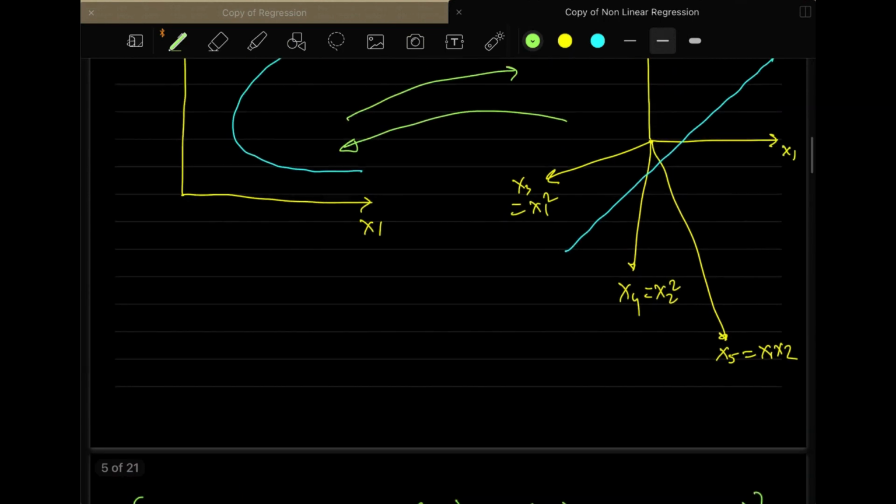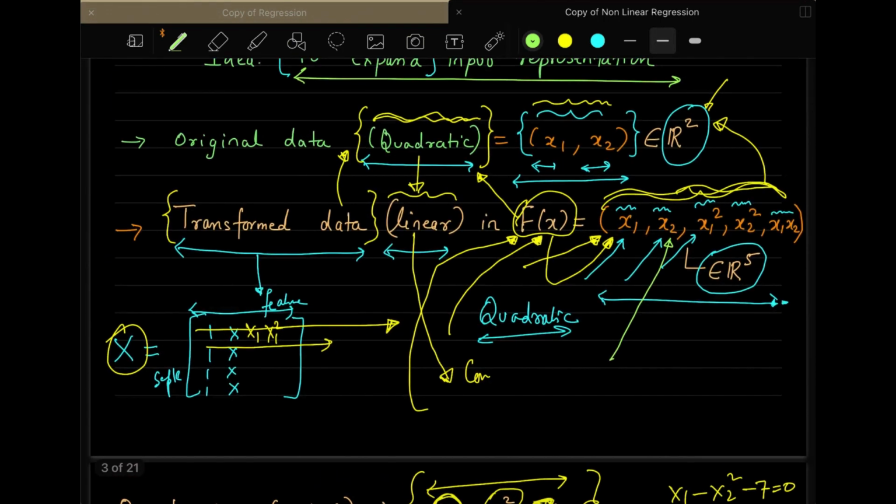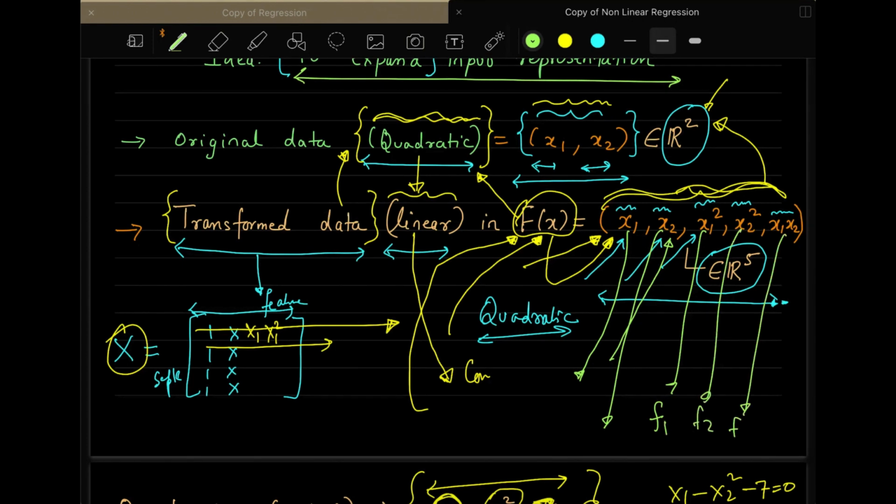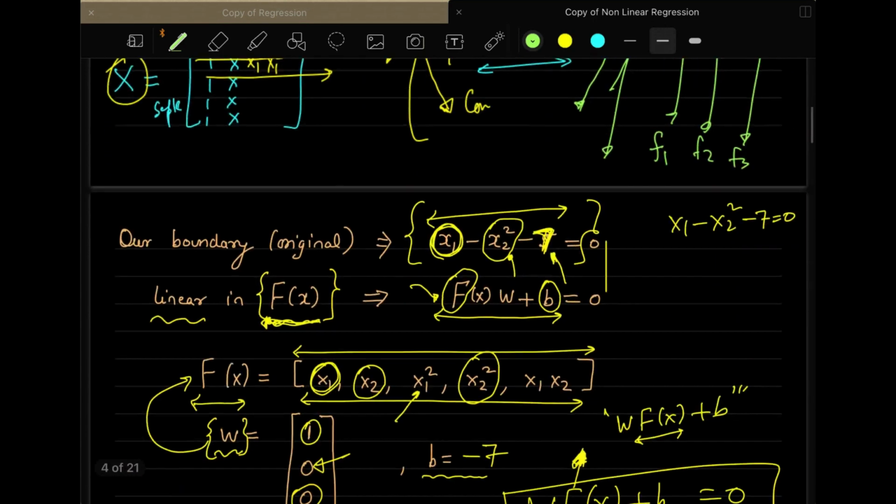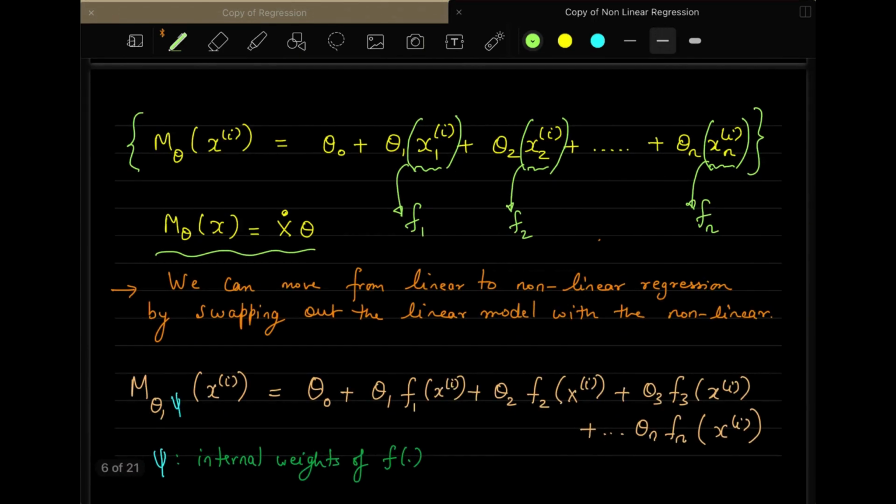And these f can be different also. As you can see, the first f in this particular case is simple unity. There is no f1 actually operated on this. In this also there is no f1. Here you are actually putting a function which squares the x1. Here it is squaring, here it is cross multiplying. So all these f1, f2, f3 are different. That's why I am writing it differently over here. So what you do is you just replace theta 0, theta 1 f1, theta 2 f2, f3, fn, and you are operating on the features that you are feeding into this function to get the complex features out.